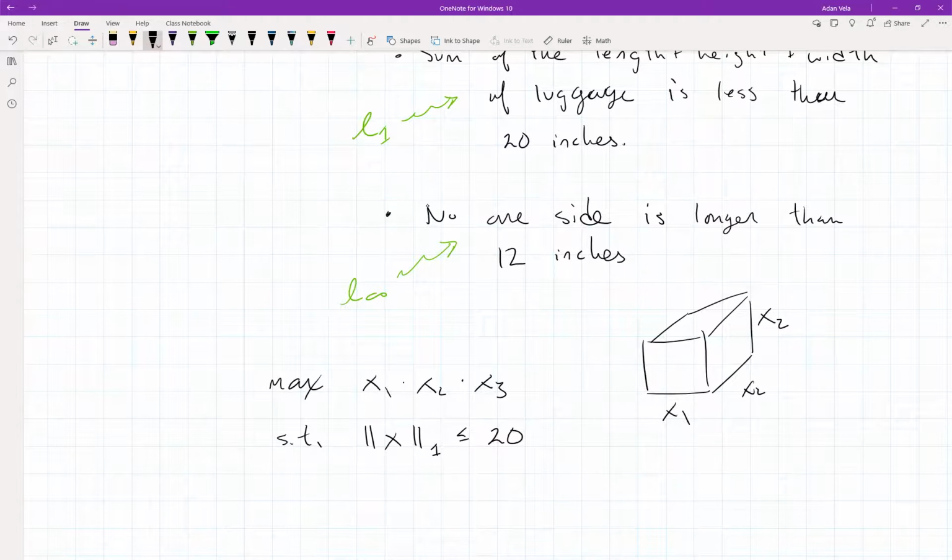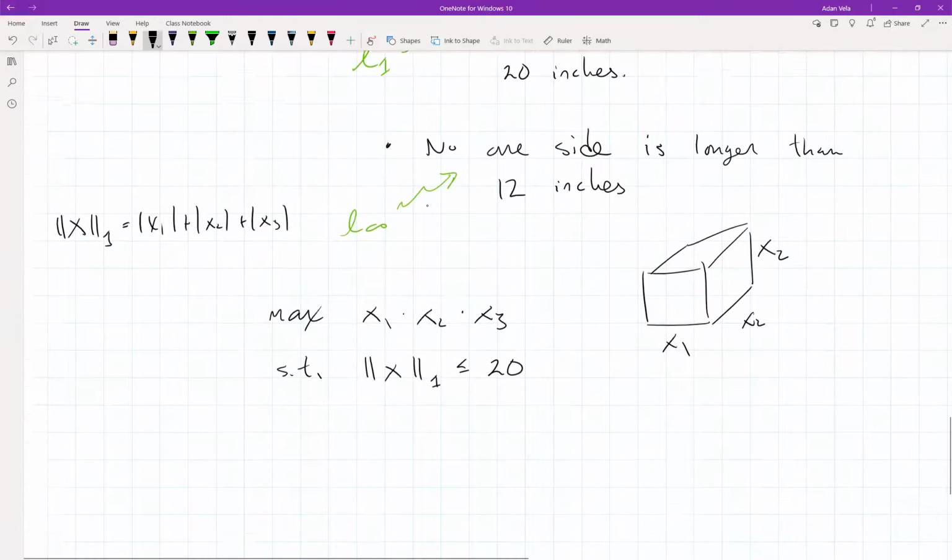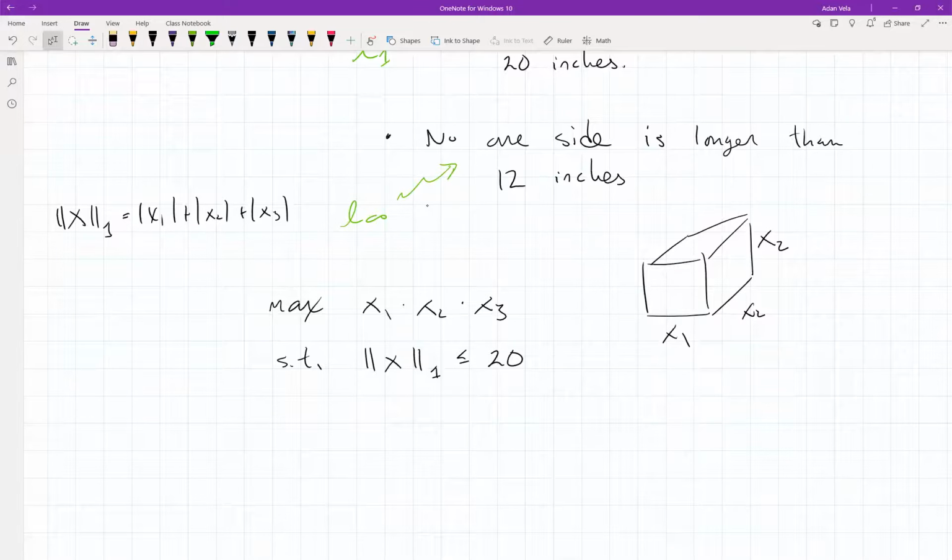Okay, and again, the reason for that is that the L1 norm is equal to the sum of the absolute values. So that's the same thing as adding up the sides of our luggage. And then the other constraint that we have is that no one side could be longer than 12. Well, we could just write that as the infinity norm of X is less than or equal to 12. Okay, so here is a good example where we can use this L infinity norm and L1 norm